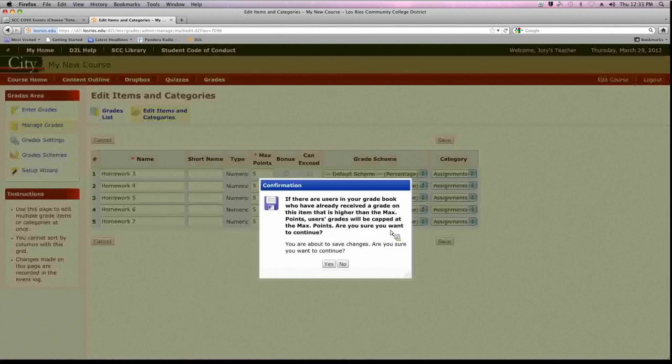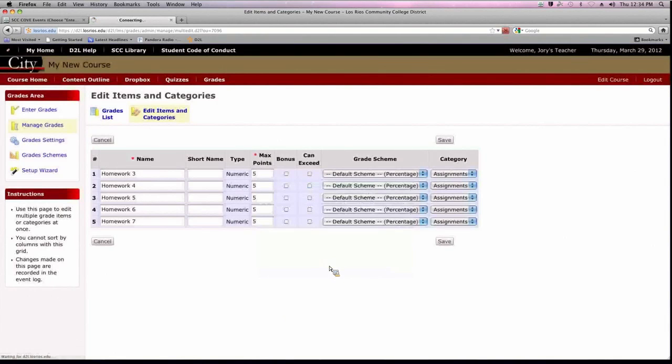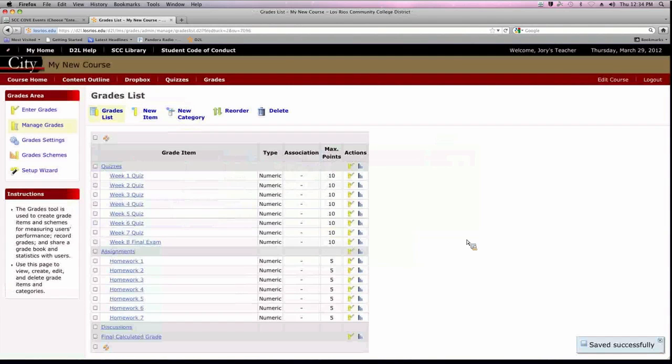Click Save. It gives you a little warning, and because I haven't entered any grades yet, I can ignore this. If you had already graded these and you went to change the maximum points here, you would probably not want to make these changes. But since we're setting everything up, we'll click Save. And voila, now I have 8 weekly quizzes and I have 7 weekly homework assignments. And again, if we go back to our actual grade book by clicking on Enter Grades,